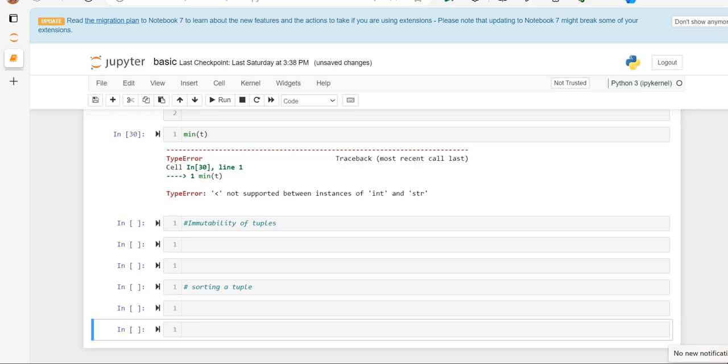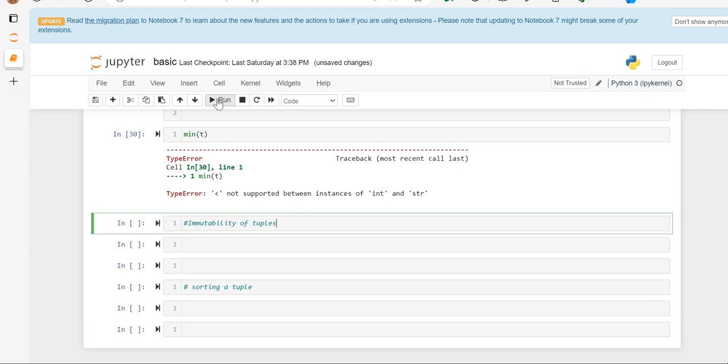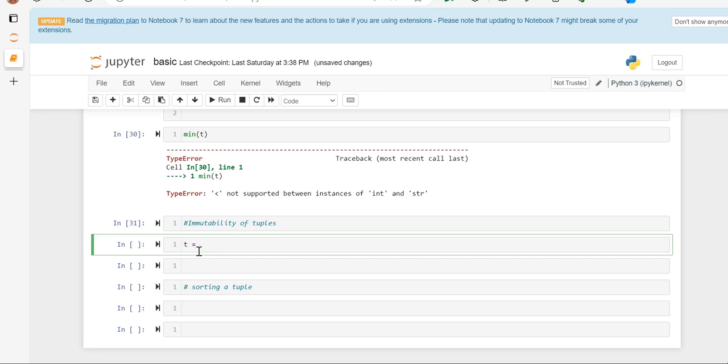Now we will discuss immutability of tuples. For that we will create a tuple first, then we can check whether it is immutable or not. So there is a tuple which has a few elements. So if we store it,